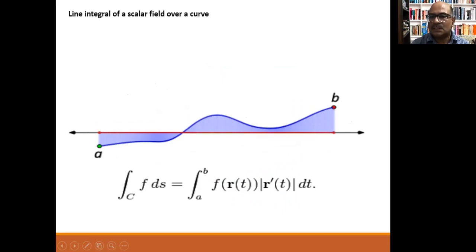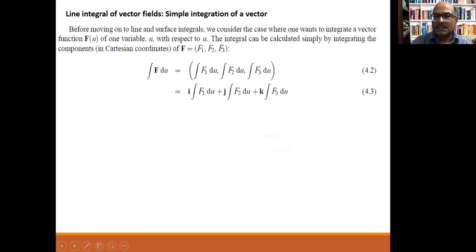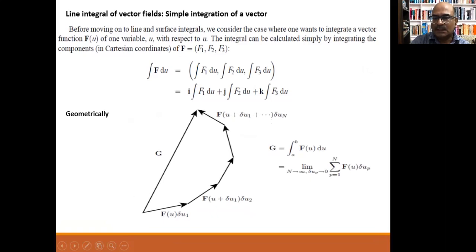Okay. So we can say that the line integral, when we are saying it, you can understand that we want to have certain variables, and suppose this function f is having one variable u with respect to another, so we can have this f du, and accordingly we can parameterize this function. So when we are using this function like i cap f1 du plus j cap f2 du and k cap f3 du, definitely we can have in geometry that the resultant vector g can be given as